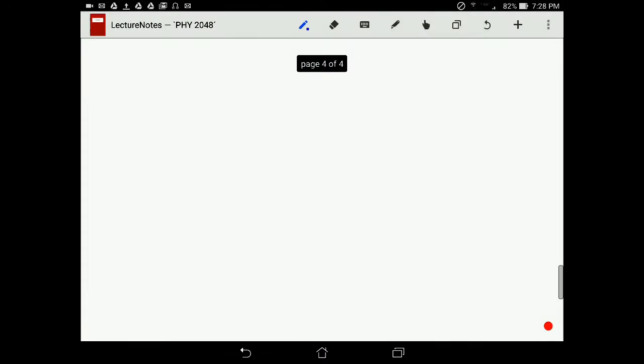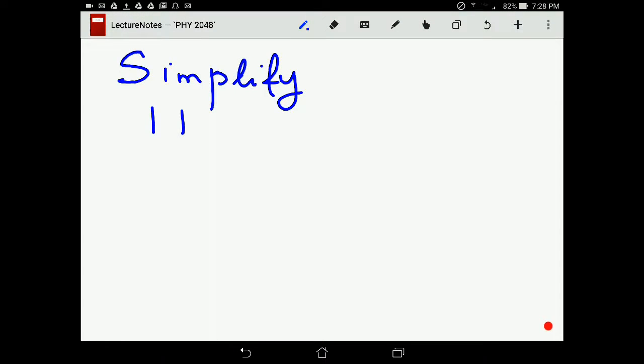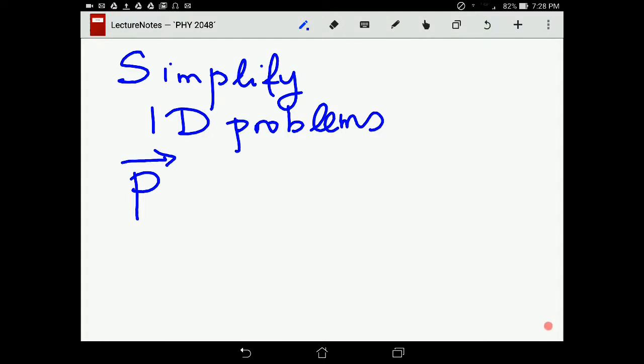Now, what we're going to do is simplify the discussion by focusing on one-dimensional problems. So we will get rid of the vector notation, so only 1D problems are going to be our focus here. So we don't need to use the vector notation. So instead of writing p with a vector on top, I'm going to write simply p. But then we will use a plus if it's in the positive direction,